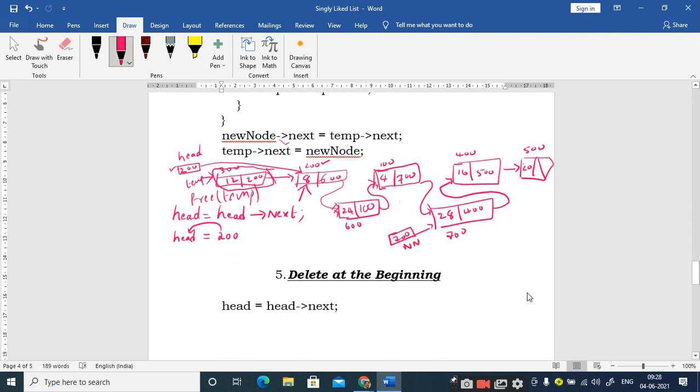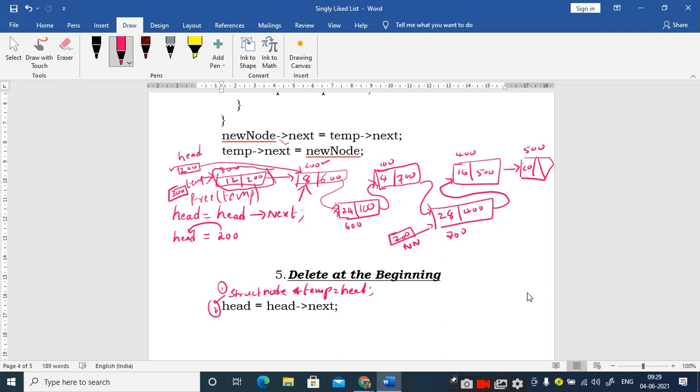Yes, sir. So up to here you are just making the head pointer point to the next node. But when I want to free this node, there should be a pointer pointing to this node. So initially I will create a temporary pointer, struct node *temp = head. What is the value of temp previously? It is 300. Now I execute this statement, head = head->next. So head value becomes 200.